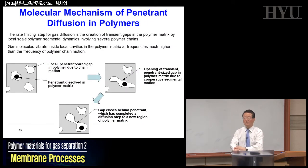So usually the gas molecules penetrate through those glass polymers, and when we look at the mechanism of the penetrant diffusion in the polymers, you need to know about the diffusion behaviors. Well, in terms of diffusion itself, there might be some course about the diffusion in polymers, okay? And it could be a one semester subject. Okay? For example, if you have a bottle of Coca-Cola, okay,